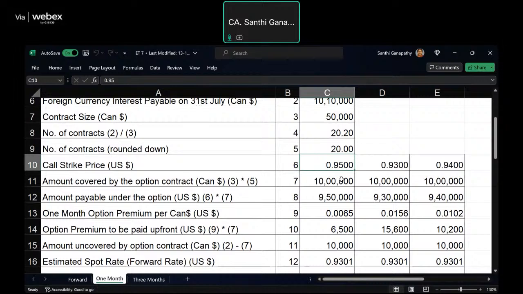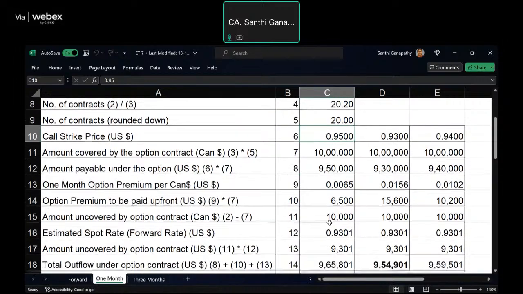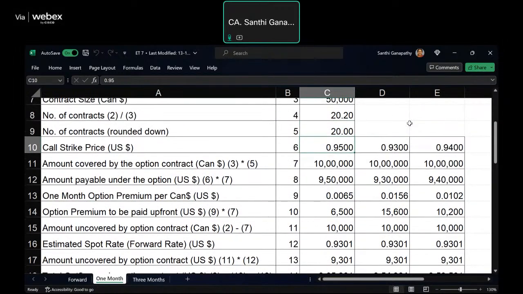So clearly, forward is dominant because in addition to the strike price, I have to pay the premium for the option. Whereas forward, it is just the forward rate. Similarly, 0.94. So initially itself, I should be able to discard 0.95 and 0.94 and look only at 0.93 because